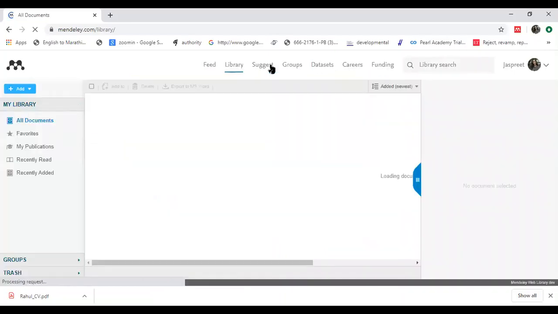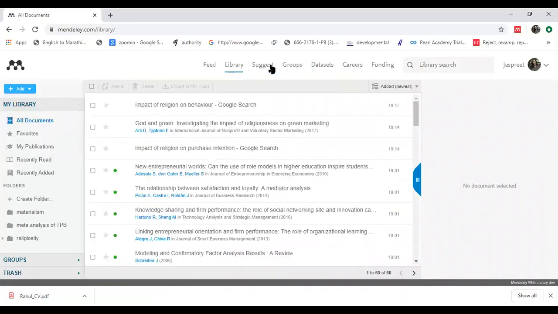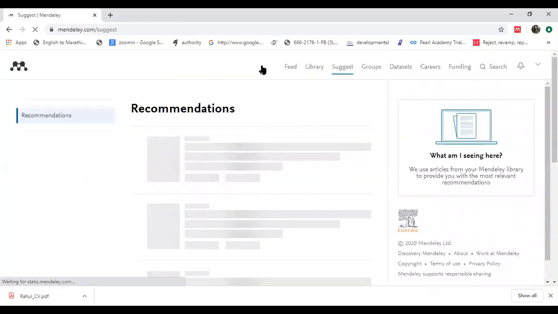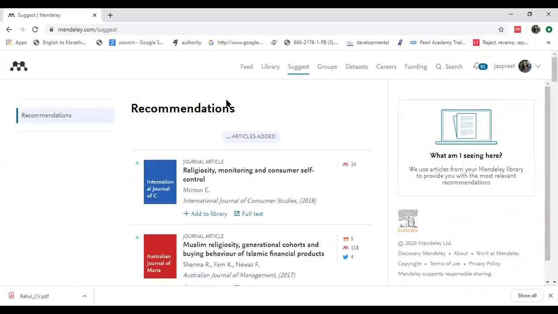Library, this view I have shown you. This is a web library. You can import papers from your desktop or from your network, from the website. Third, suggest. Now let me open, these are suggestions or recommendations. So what is Mendeley doing? From the whole universe of papers, look at it.